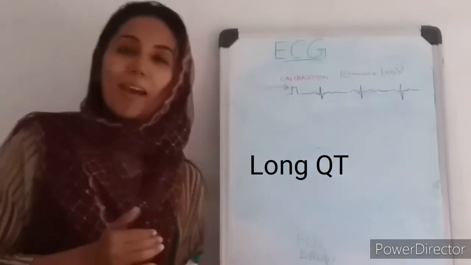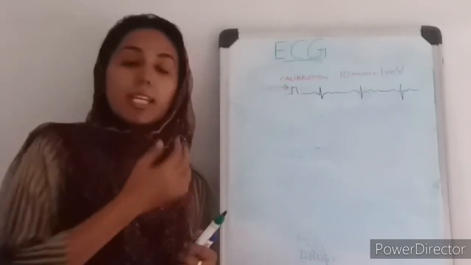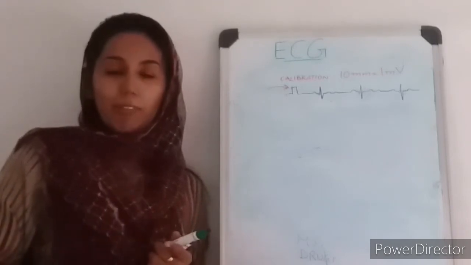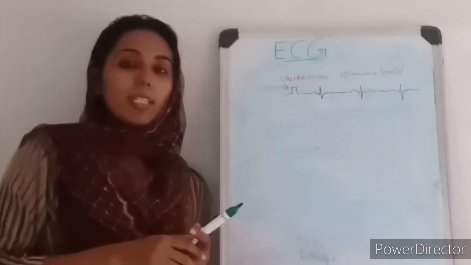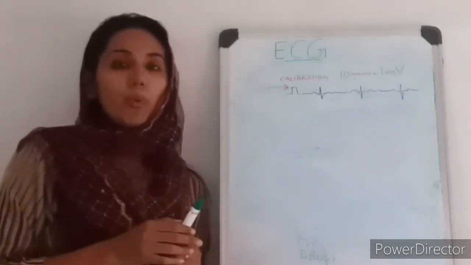So now let us come back to our interpretation of ECG. First we have discussed that we have to make sure that it is standardized. That is, ECG paper moves at around 25 mm per second. There is a calibration, a small square which shows that 10 mm is equal to 1 millivolt. So two things are done. Now how are you going to assess?